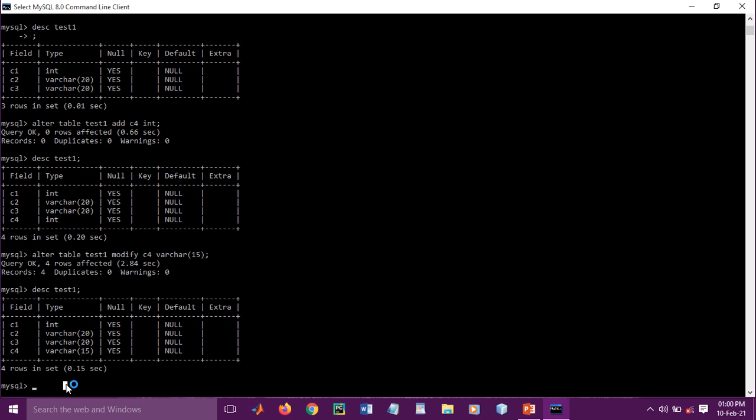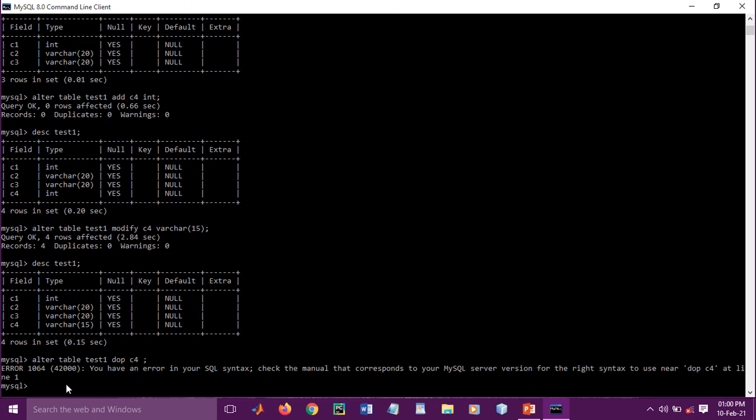If in future we want to delete that particular c4 column, we can delete it also by using the alter table command, like alter table name test1. If you want to drop c4, we simply write drop c4 and it will get dropped.